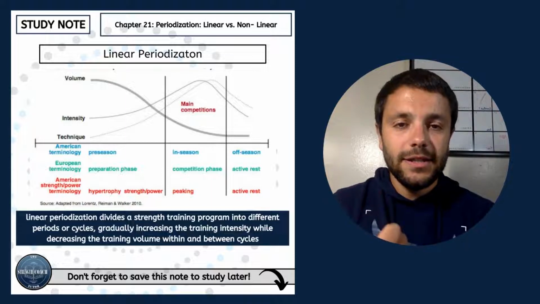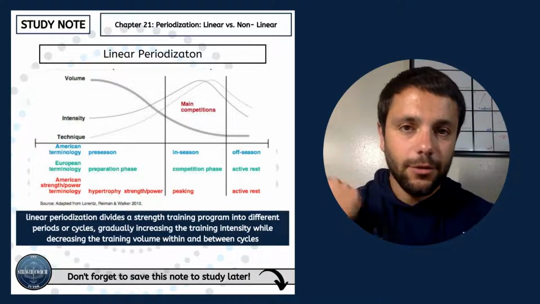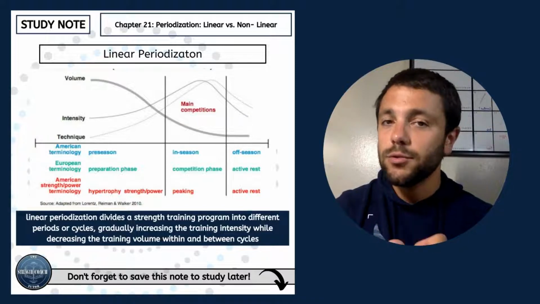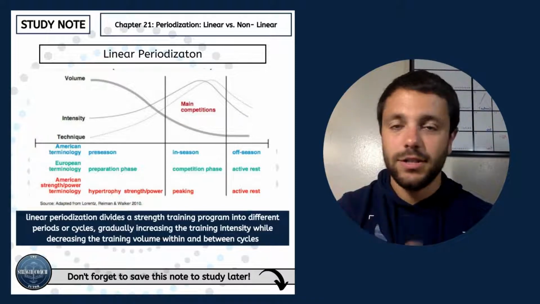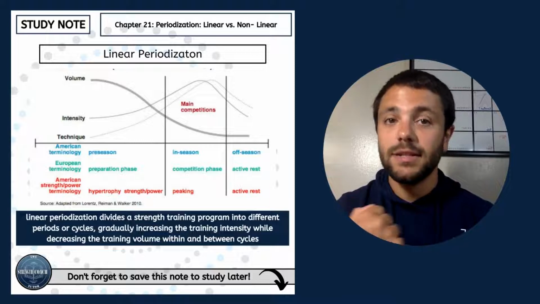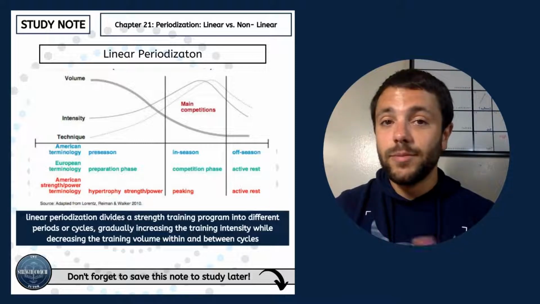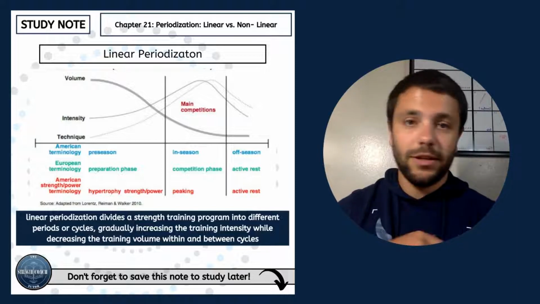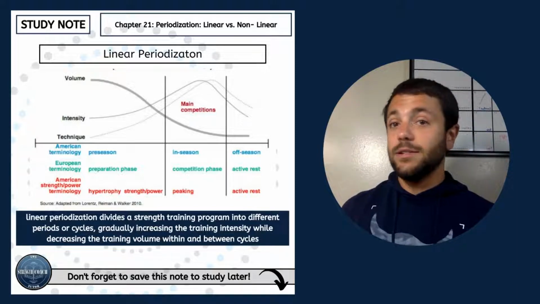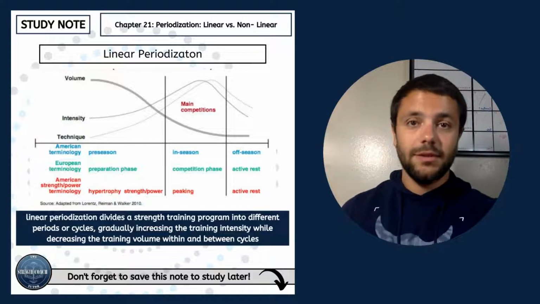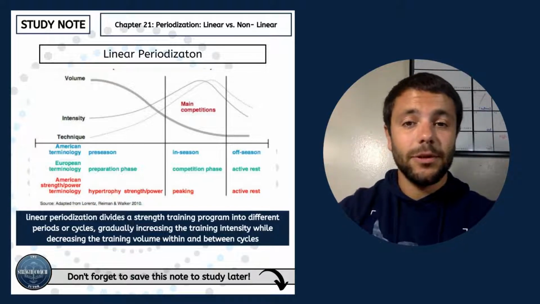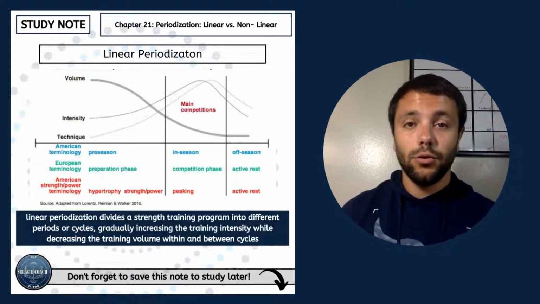In the in-season, we can either be looking to peak or maintain. To me, peaking refers to when our individual sport athletes, like our track and field, cross country, cycling, swimming, wrestling, gymnastics, those individuals might be looking to peak at a certain meet or event. So therefore they can qualify for regionals, or maybe they've made it to regionals or nationals, and that's the meet that they're trying to peak at. That type of program is going to look a little bit different compared to if someone's trying to maintain throughout the course of a season.